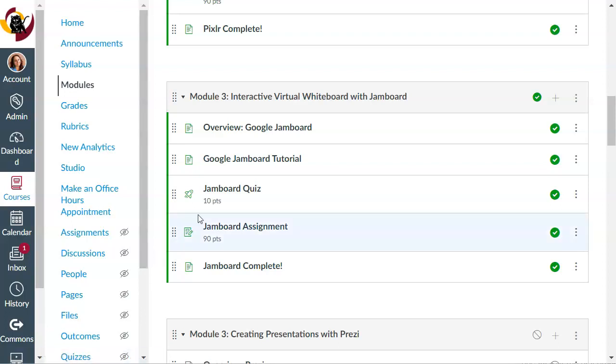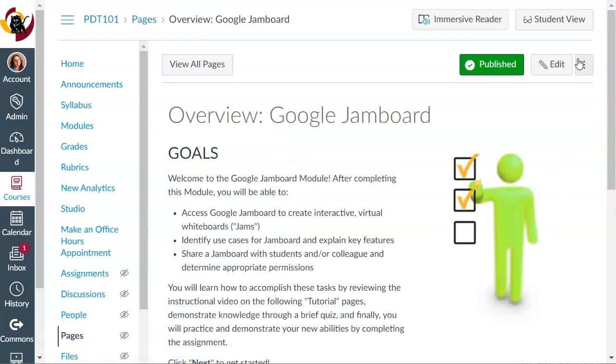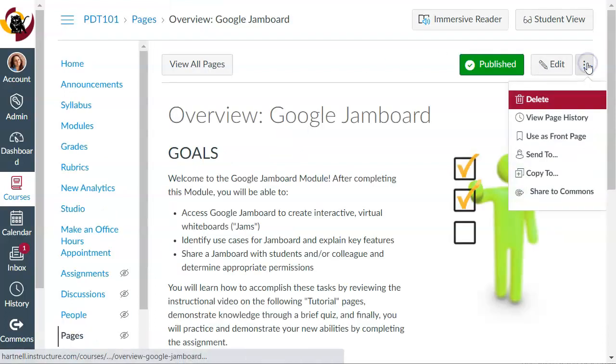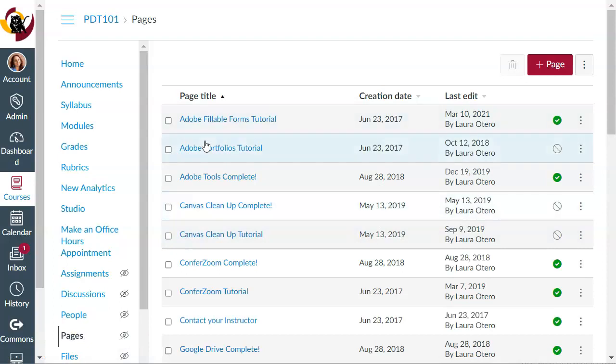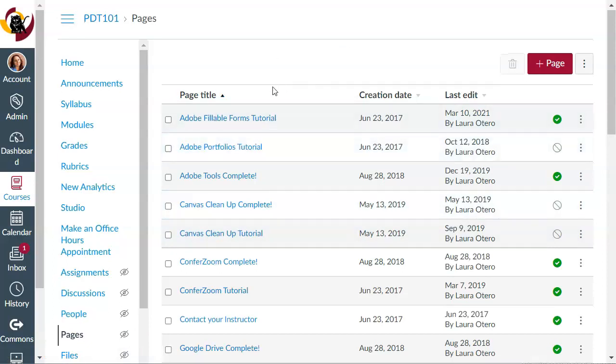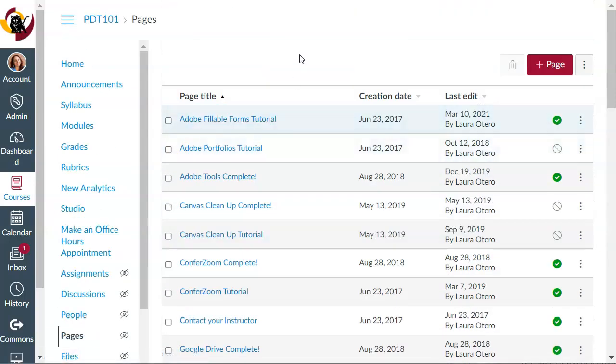So here we are in a Canvas course, and I'm going to go into a piece of content here, this page. And I'm going to delete it from my course. Now we're going to pretend this was a terrible accident. Now the way that I can restore this page, you'll notice it's nowhere here in my pages and it's not going to be in my modules. So the way that we restore this is we're going to need to look at the course URL. And here's what I mean.